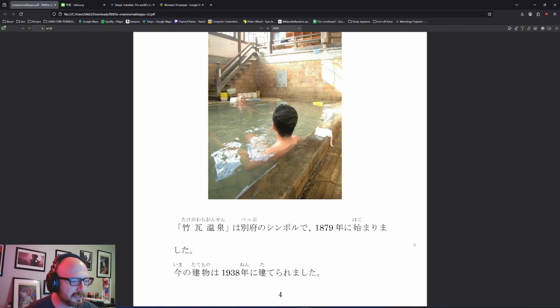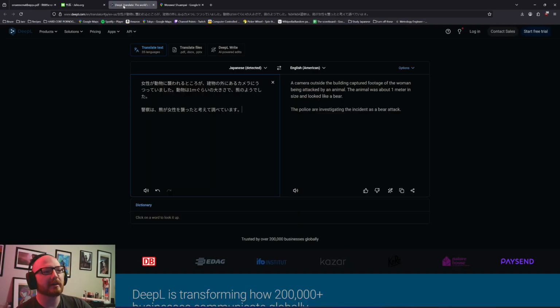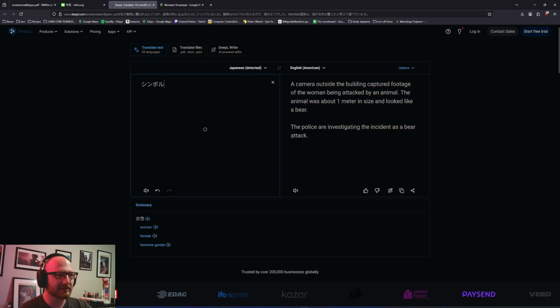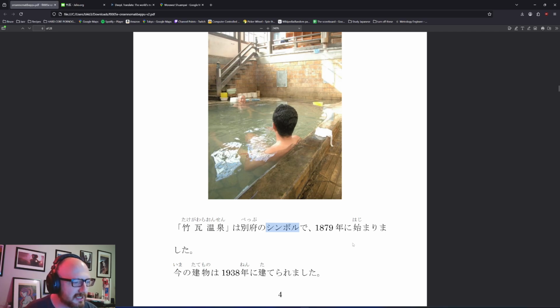Takegawara Onsen wa Beppu no... Is this... I absolutely love how bad I am at reading katakana. Symbol! I was like, is this supposed to be simple? It was symbol. Duh. Shinburu. So, Beppu no Shinburu de. Okay. So, Beppu symbol. Got it. Okay. De. Sen,